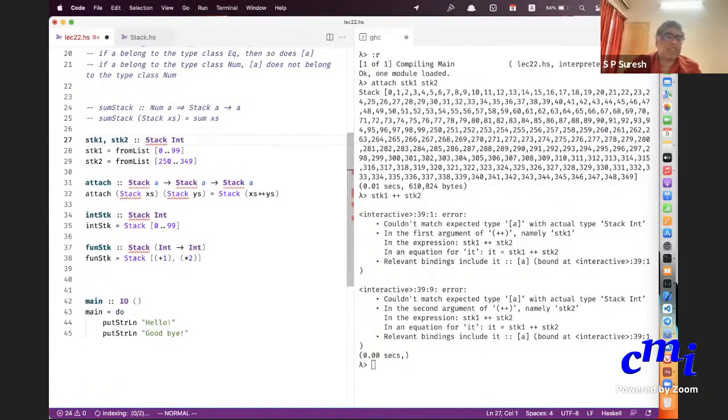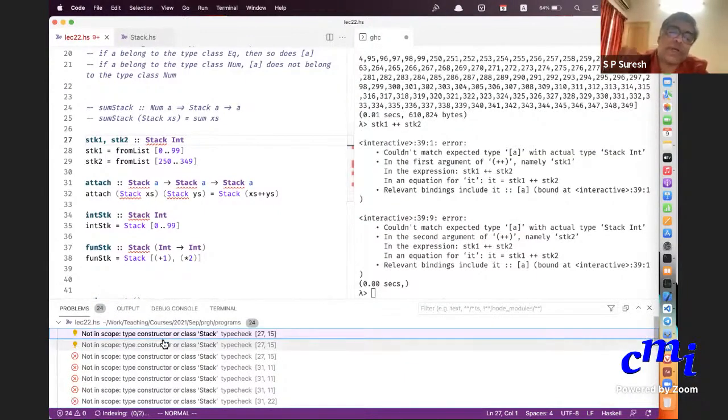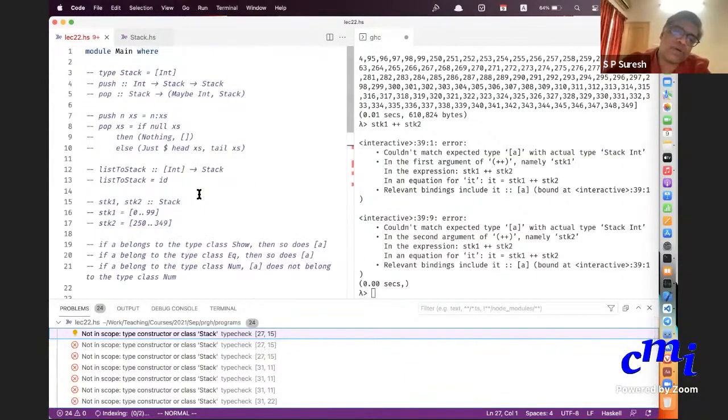You'll immediately see that there are a lot of errors here because Stack is not known. If you go see, it says not in scope: type constructor or class Stack. So how do you bring it in scope?